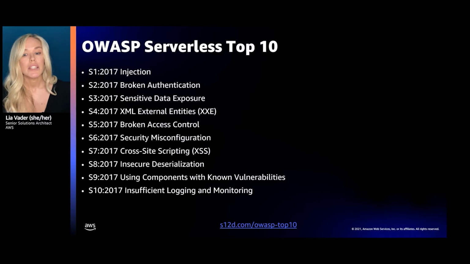First, you may have heard of the OWASP Top 10. It is the de facto guide to understand the most common application attacks. The risks are selected and prioritized. And the OWASP Serverless Top 10 gives the same insight into serverless applications. This covers risks like injection, broken authentication and access control, sensitive data exposure, etc. I'm not going to step through each and every one of these because we're going to be covering them later. But I do have a link at the bottom for you if you want to learn more.